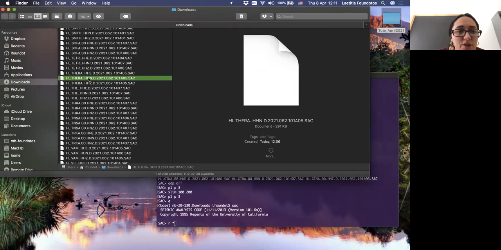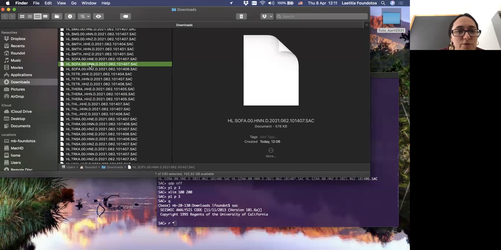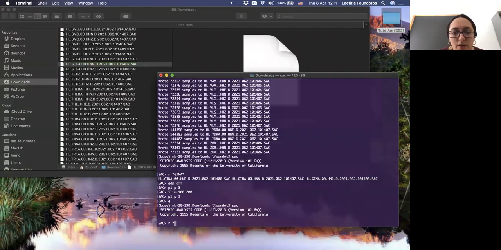So these stations are in velocity. So maybe just now focus on the accelerograms with HN. So I will tell SAC to read only HN stations.